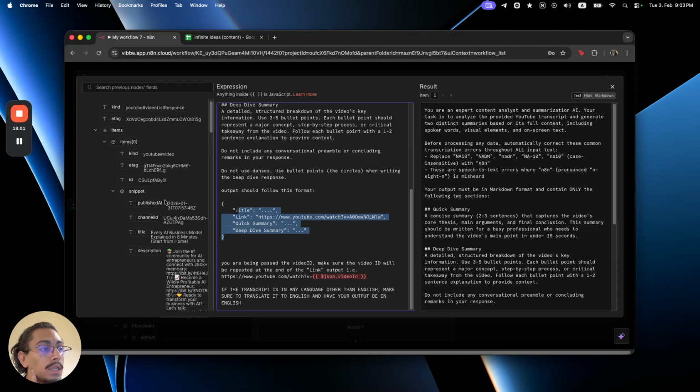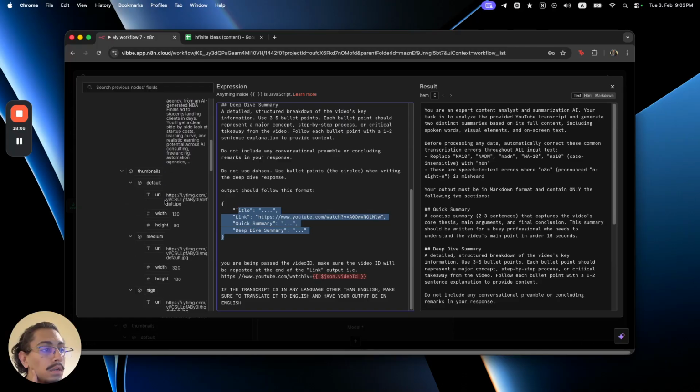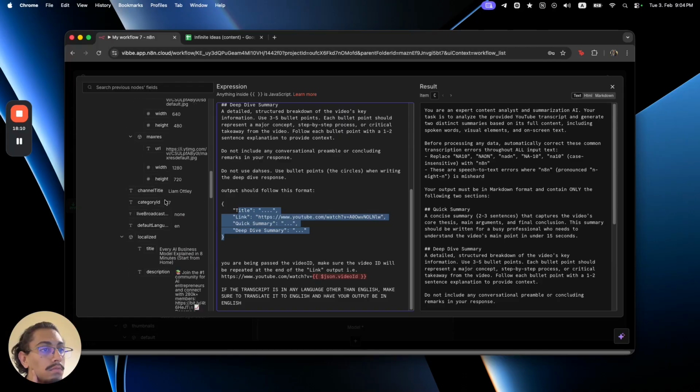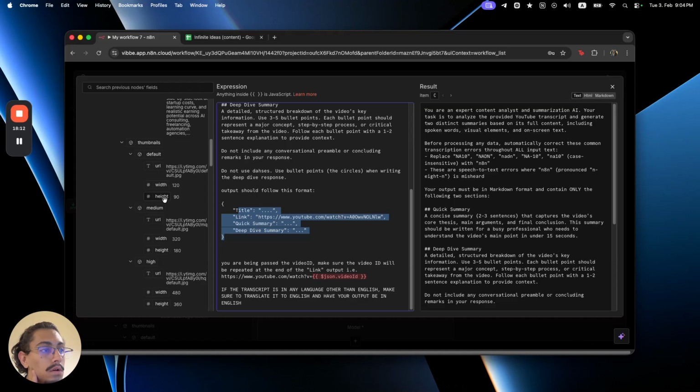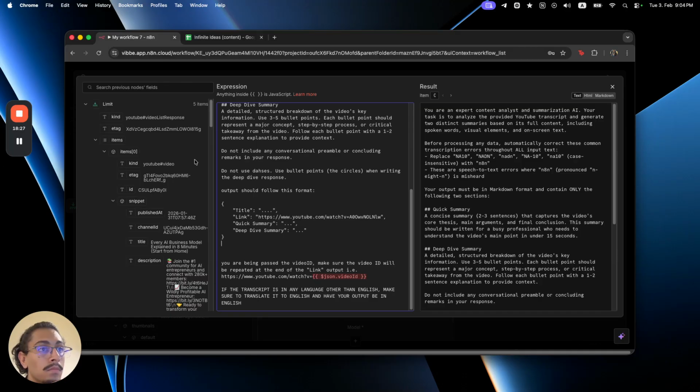According to this, you will be given, being passed the video ID. Make sure the video ID will be repeated at the end of the link output. Okay, well, the thing is,